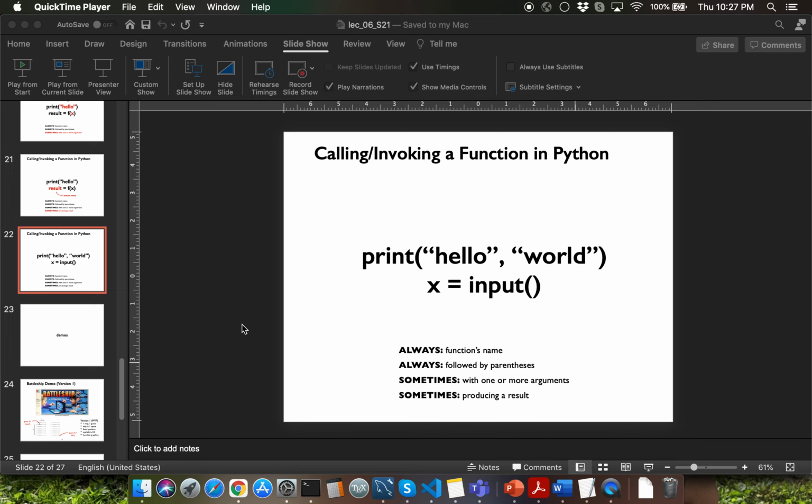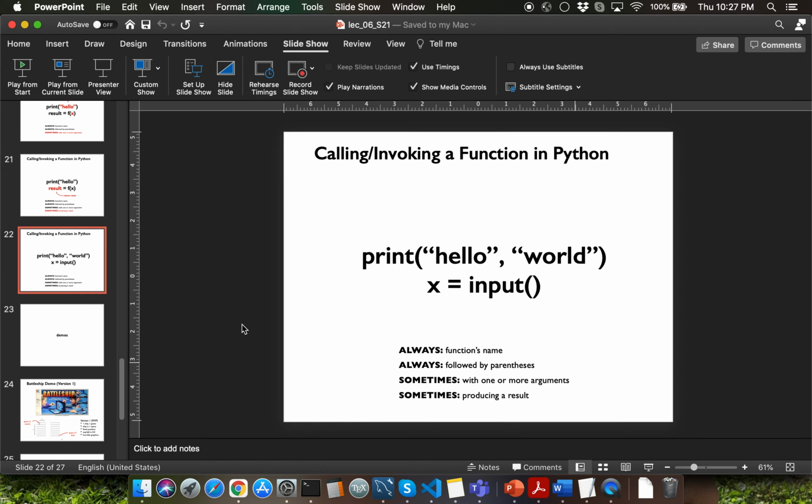Hello everyone. For the rest of today's lecture, we are going to use the IDLE editor to go through demo problems. Please make sure that you are able to launch the IDLE editor by typing in idle inside your PowerShell window if you are on a Windows laptop. If you are on a Mac laptop, type in idle3 inside your terminal window. Please pause the lecture video here and make sure that you are able to launch IDLE.